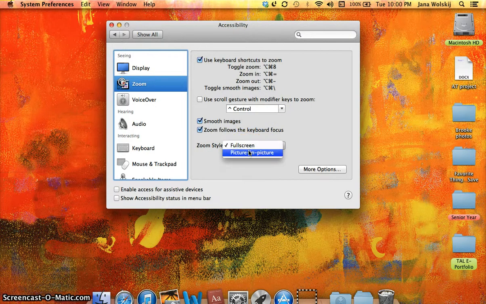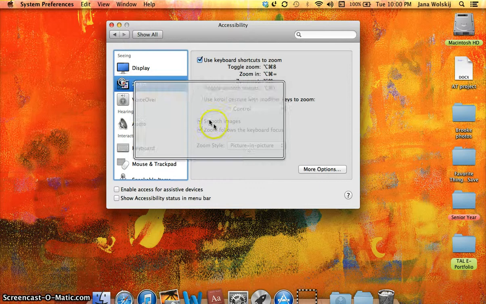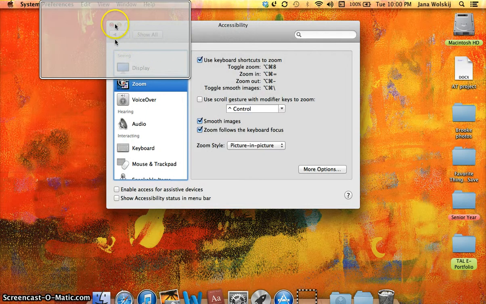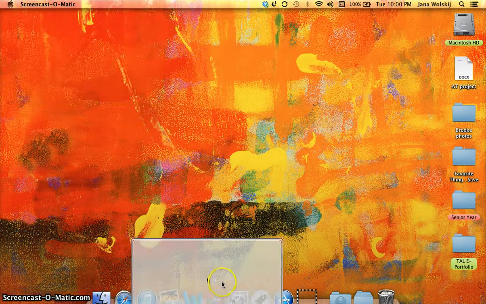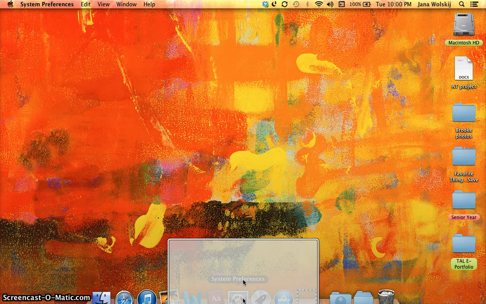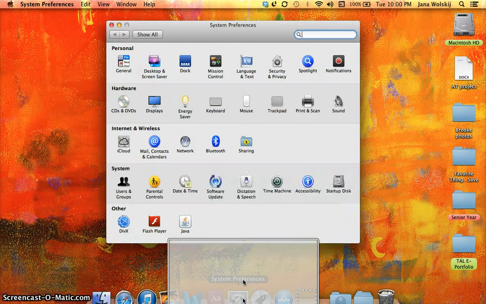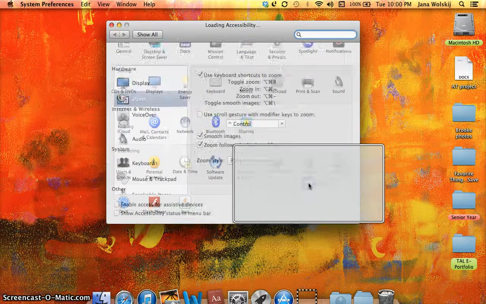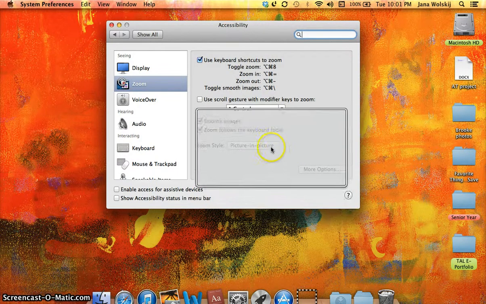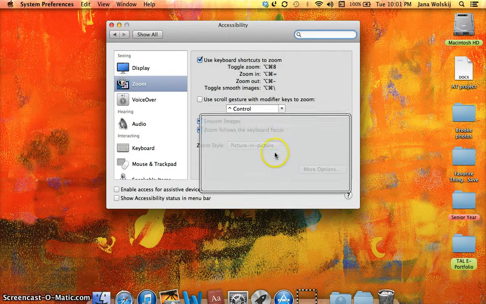One of the zoom styles is this picture-in-picture, which gives you a box and it zooms up only on what the box rolls over. So you can still use your mouse, so I can still close out of it. I can still go down here and open system preferences through my picture-in-picture zoom box. That's pretty cool. It's more of a specific zoom box instead of the whole picture being zoomed in and maybe